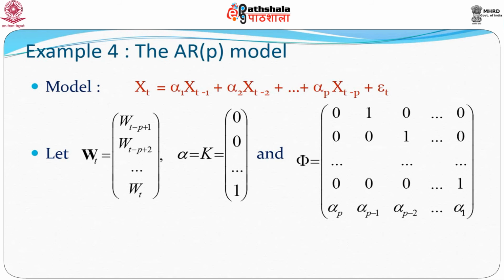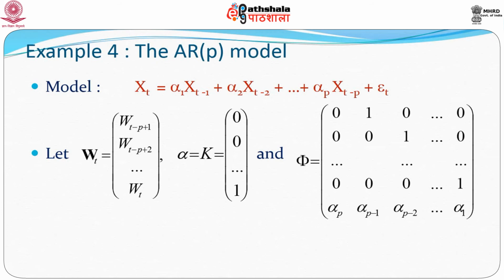On the other side, you have phi wt minus 1, wt minus 1, in that xt minus p plus 1 comes as the second element, and your 0 1 0 0 vector picks the second element up. So, this becomes on either side xt minus p plus 1, and similarly this goes up to xt minus 1. So, all the other elements in wt in the second equation, the state equations, are primarily identities, where we have on the left hand side xt minus j, on the right hand side also xt minus j,